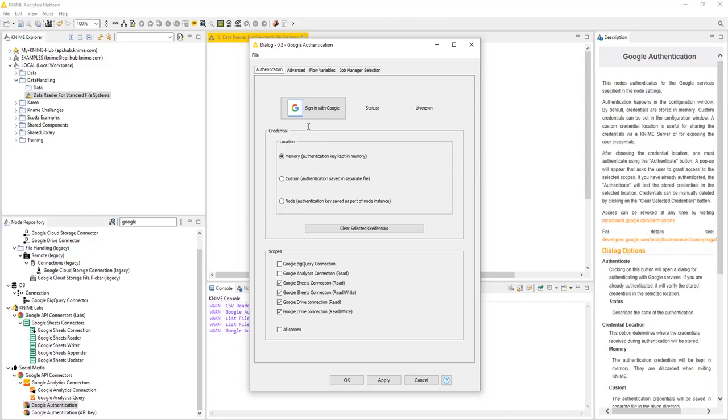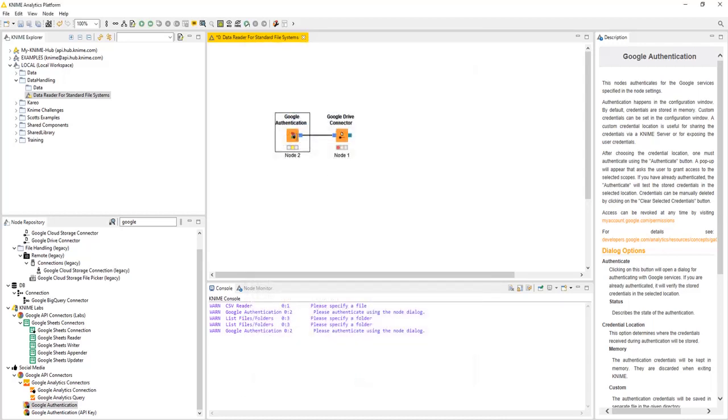So I'm going to go ahead and sign in with Google, and I've already provided my Google credentials beforehand, so by doing that, it shows me as authenticated. So I can execute that node. Now my Google Drive connector,